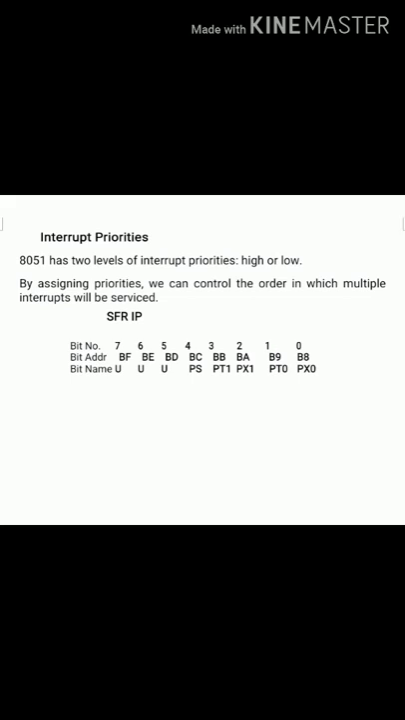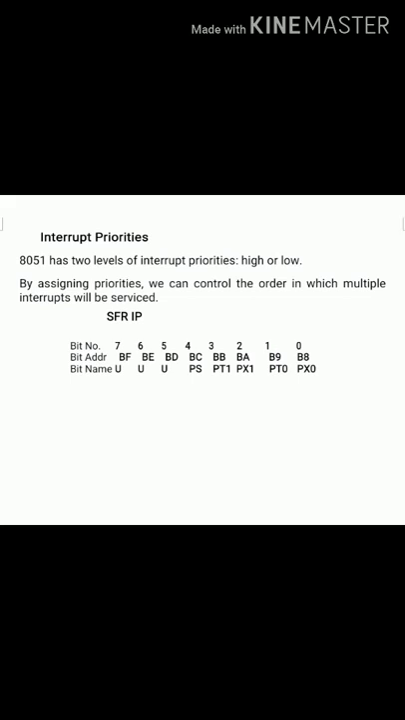There is a special function register called the interrupt priority register, in which all the 5 interrupts can be given a priority. If you want, 2 priorities can be given to all the interrupts. Either a low priority or a high priority can be given. Based on whichever priority is set in this interrupt priority register, you can look on the screen at the lower